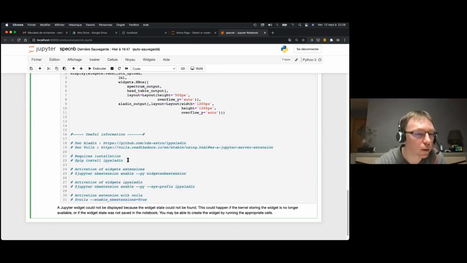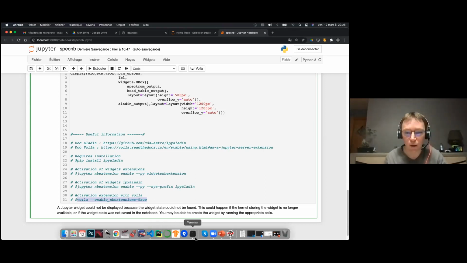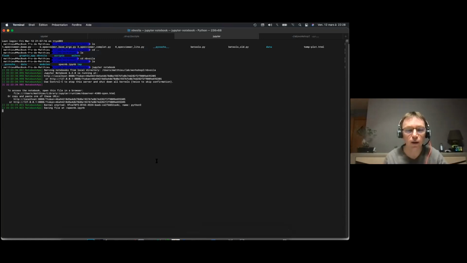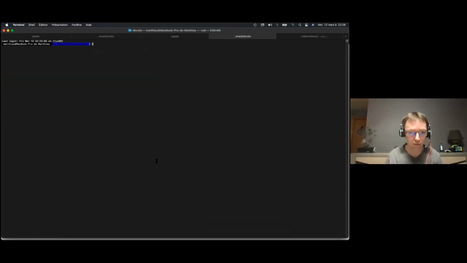Okay, I wrote you the command for installation of ipyaladin, etc. And I have installed Voila before with pip, and I can execute Voila on my notebook with the extension enabled, because I use a widget and I use ipyaladin. Okay, I just make it. I switch to my terminal where I am: nb voila. Okay, I pass Voila, and